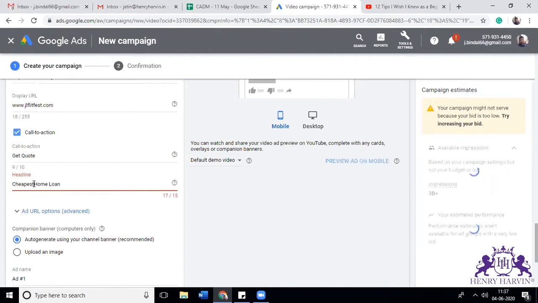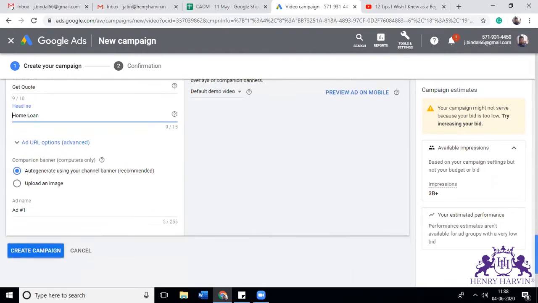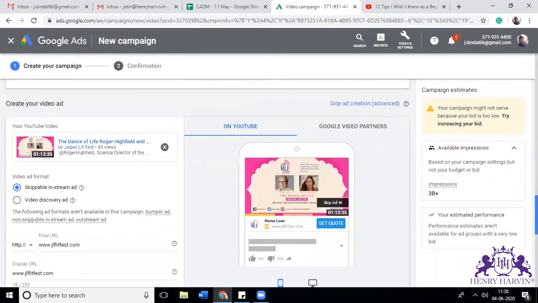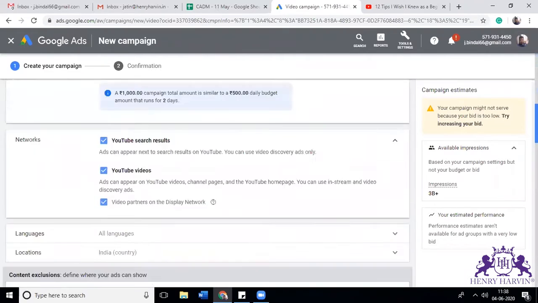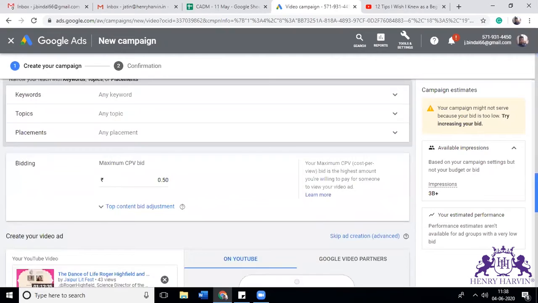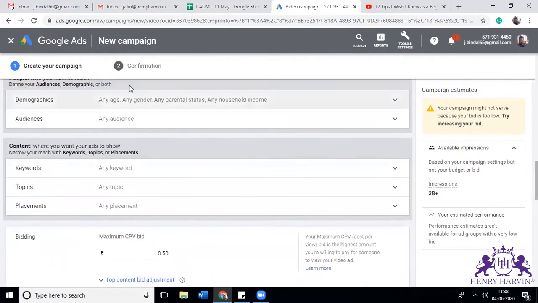It is greater than 15 characters, so I reduce it to 10, and then you can do simple. The only difference is the type of bidding, which by default is CPV, and targeting you have to select is exactly similar to the display campaign, where all these options are exactly the same.